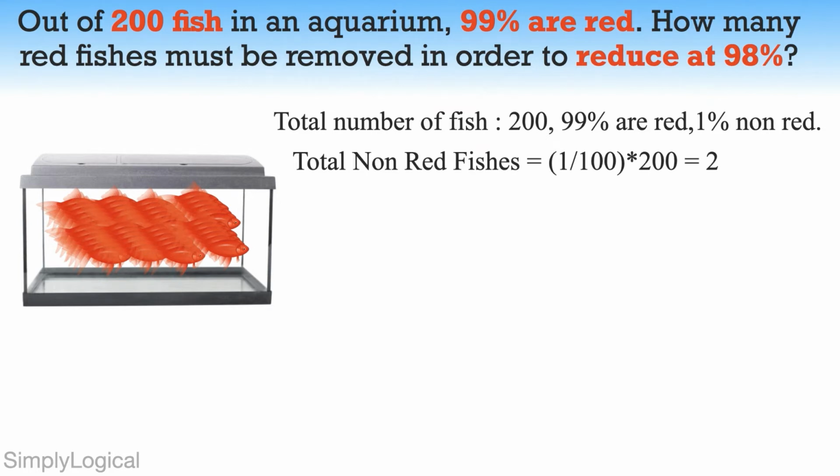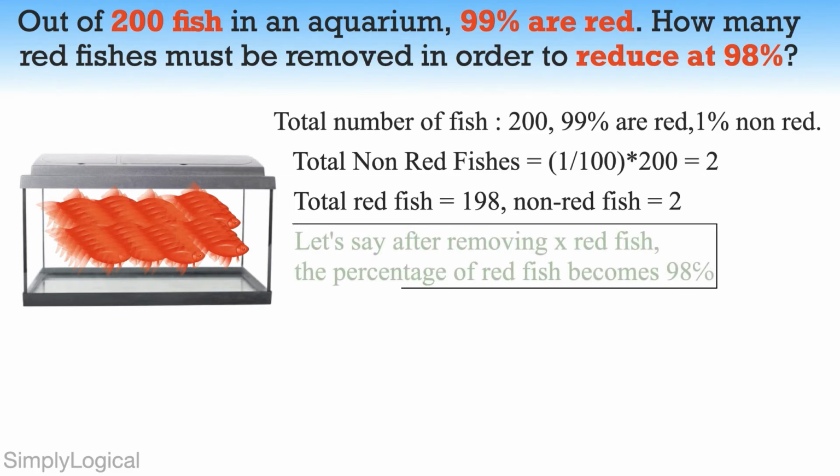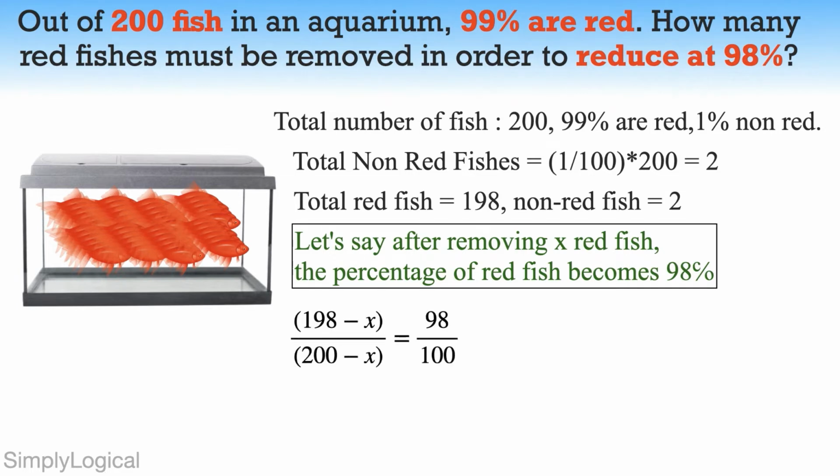Currently, the percentage of red fish is 99% in the aquarium full of 200 fish. So the total red fish is equal to 198 and non-red fish equals 2. Let's say after removing X red fish, the percentage of red fish becomes 98%. This can be represented in the form of an equation like this: 198 minus X over 200 minus X equals 98